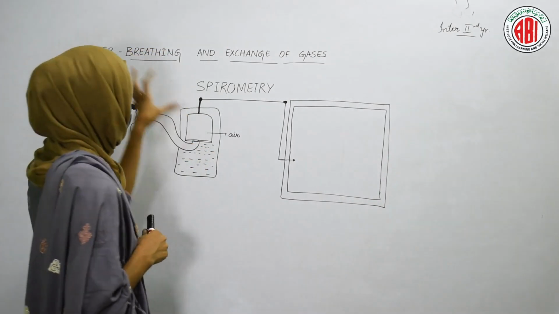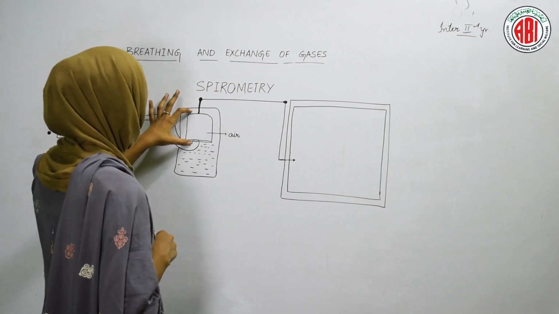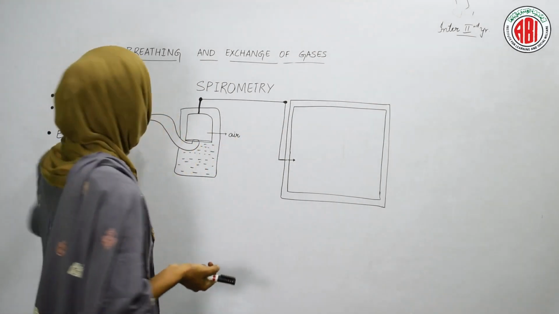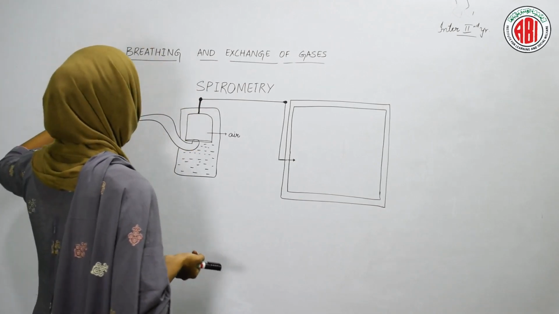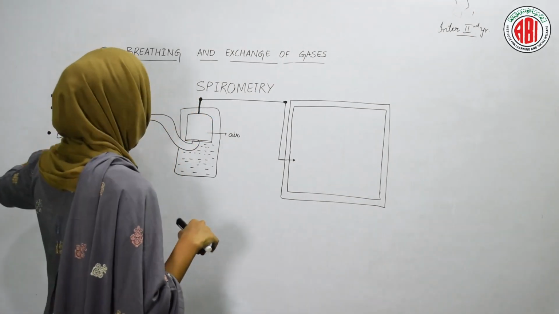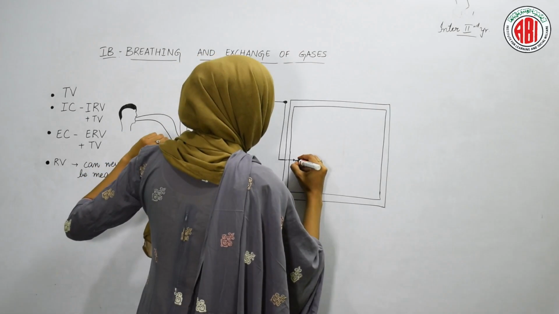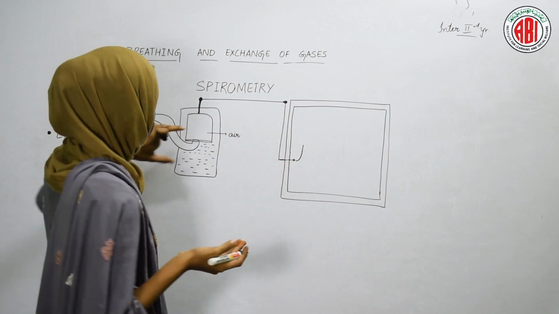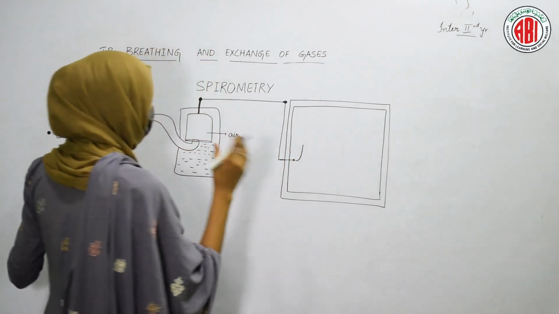So in this way, a chamber needs to be attached to the spirometer, and the chamber should be filled with air. Now ask any person to blow the air. When the person blows the air, the level rises up, and when the person takes up the air, the level of the air decreases. So whenever a person inspires the air, this type of line can be seen on the screen when the inspiration takes place.